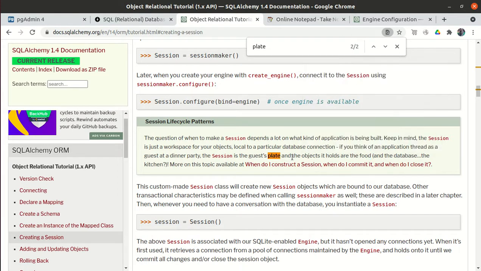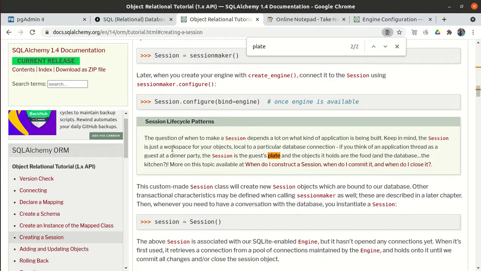So a plate is like a session for the particular database. Whatever we put in a plate is dedicated to one particular person attending the party. That's why we create a session.